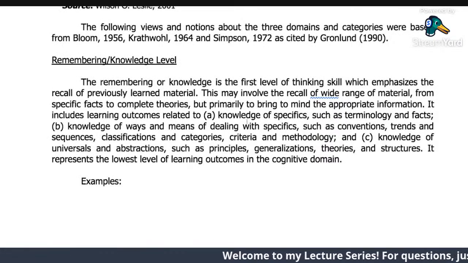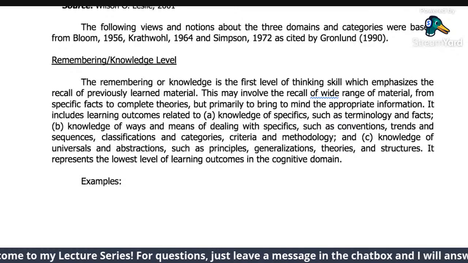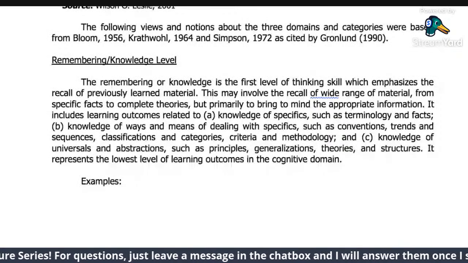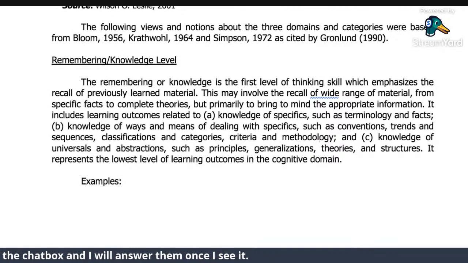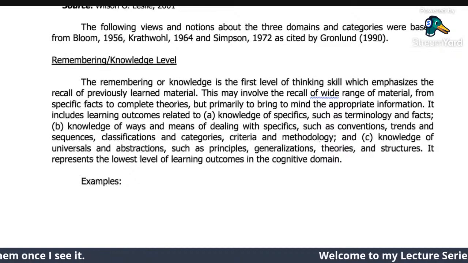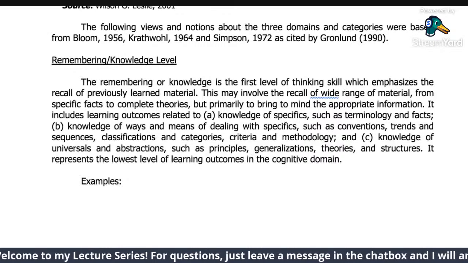It includes learning outcomes related to knowledge of specifics, such as terminology and facts, okay, dealings with conventions, trends and sequences, classifications and categories, criteria and methodology, and ano po ba to? Principles, generalization, theories, and structures. So basically, you are just recalling, okay, or memorizing things